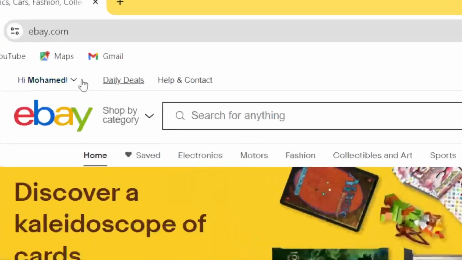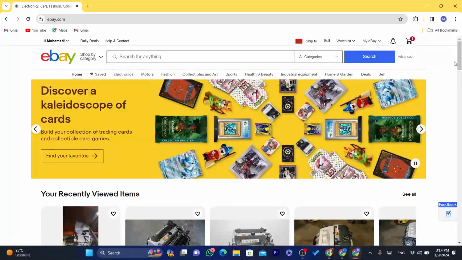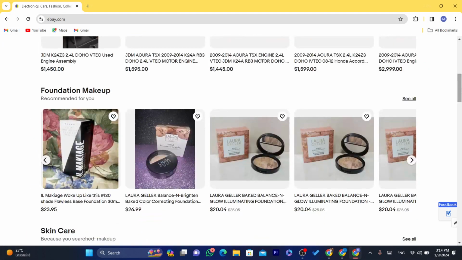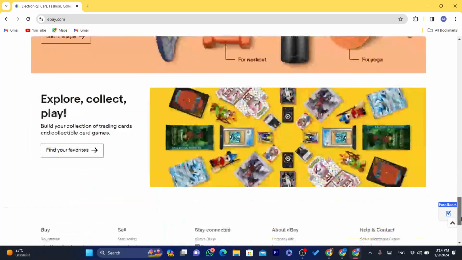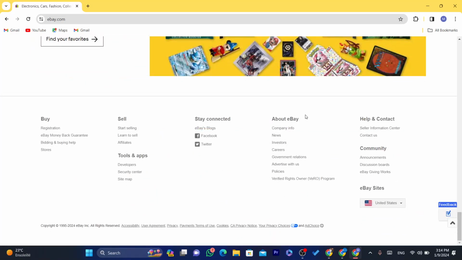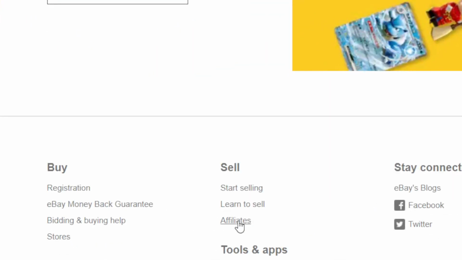Now after you create your eBay account, guys, what you need to do next is scroll down. Okay, just scroll down. At the very bottom you can find here where it says Sell. As you can see, you can find here Affiliates. Now what you guys need to do next, you want to click on that and it will take you guys